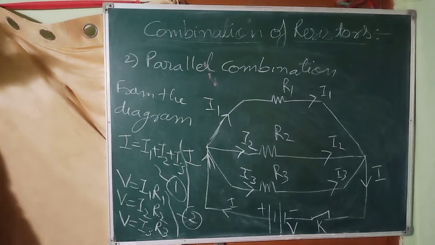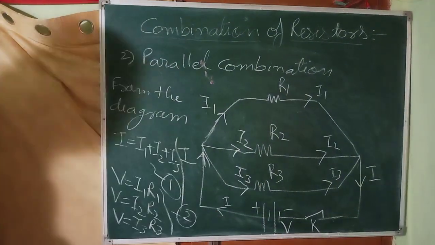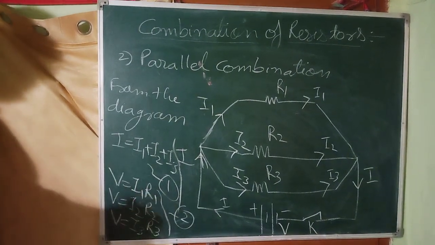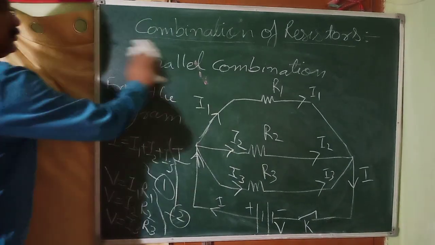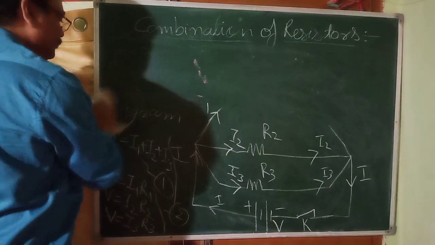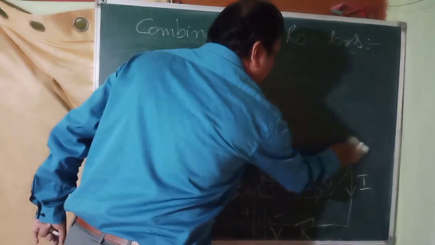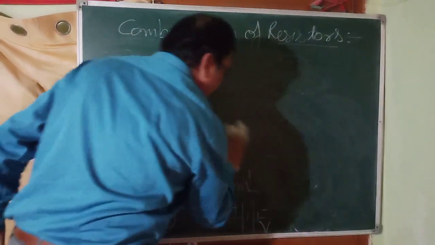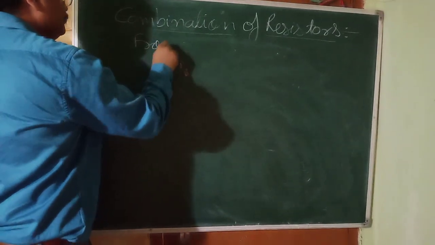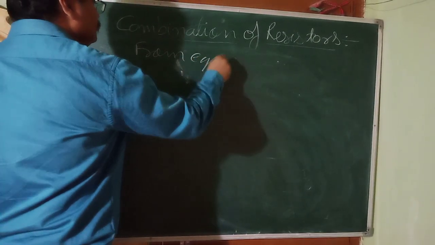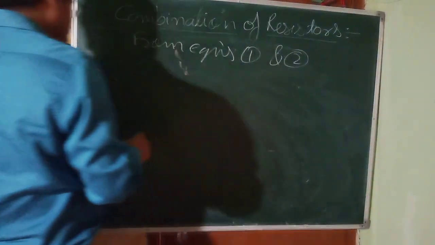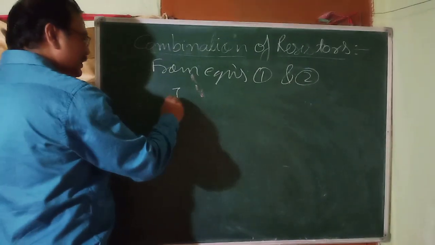Now what can we do from here? We can put these values from equation 2 in equation 1. So here I am going to put the values from equation 2 in equation 1. From equations 1 and 2, what will we get? We will get I is equal to